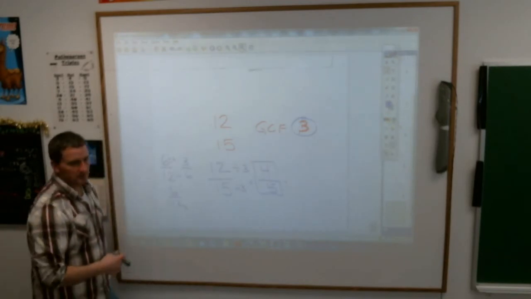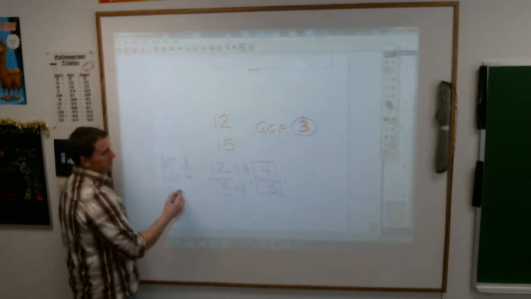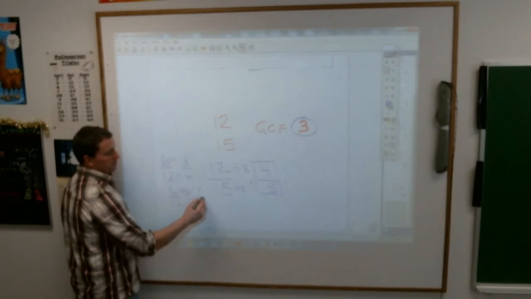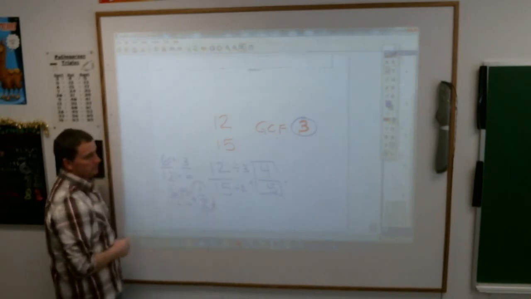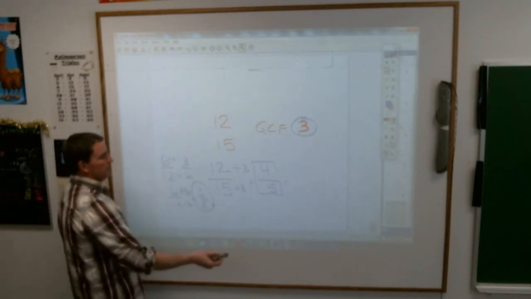3 is not the greatest common factor of 6 and 12. Isabel? 6. You always want to try to reduce by the greatest common factor. In this case, it's 6. 6 divided by 6 is 1. 12 divided by 6 is 2. So it's always the greatest common factor that you want to try